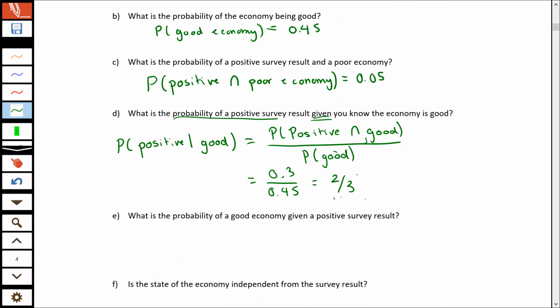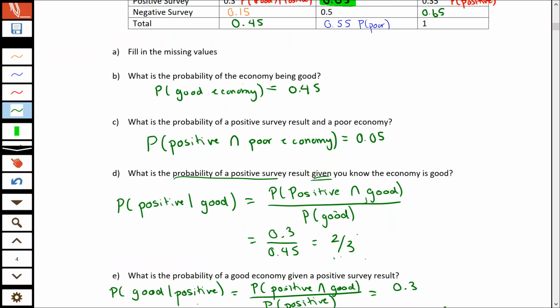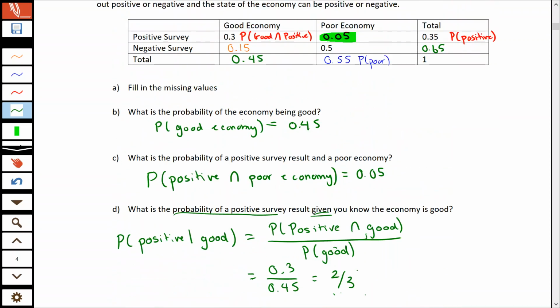Now it asks us, what is the probability of a good economy given a positive survey result? So this is just going in the opposite direction, where we want good given positive. And so it's going to have the same top, right? It's positive and good. But now we're conditioning on the probability of a positive survey result. So we're going to have that same joint probability, the chance of being positive and good is still 30% from our chart, but the chance of just generally having a positive survey result is